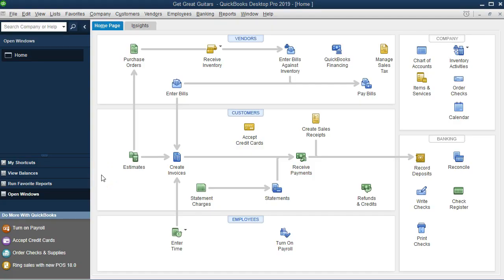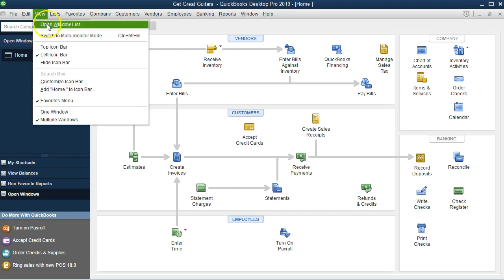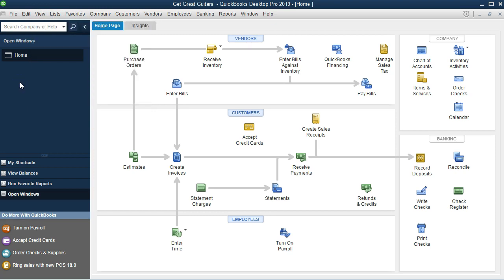Here we are in QuickBooks Pro, the home page. We currently have the open windows open. The open windows can be opened by going to the View tab and Open Windows List. Our goal here is to add some more accounts. So we first, one, know how to add accounts, and two, we're going to add accounts that have an opening balance, accounts that we need to put on the system, accounts that we need on the financial statements before we